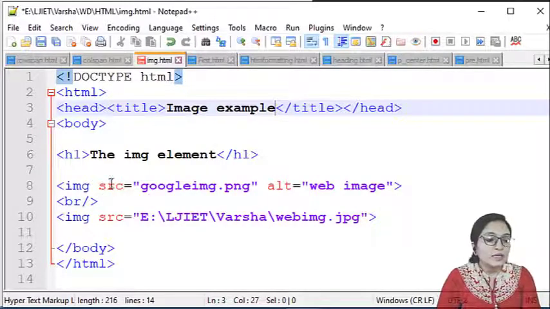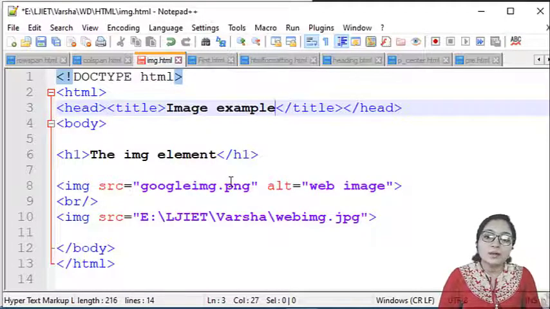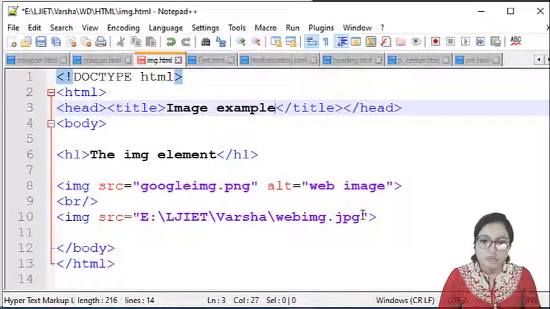Here you can see the image src, google image.png, alt web image. I have given the name in case the image is not displayed. If you want to insert an image from a different path, you can do it this way too. The E drive, LJIT, Varsha folder has a web image.jpg, so you can insert the image like this also.